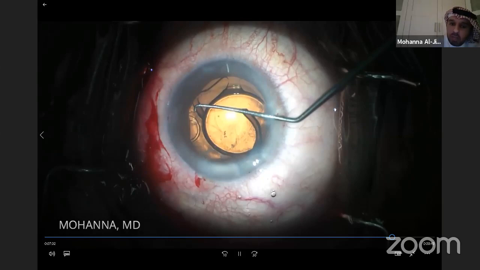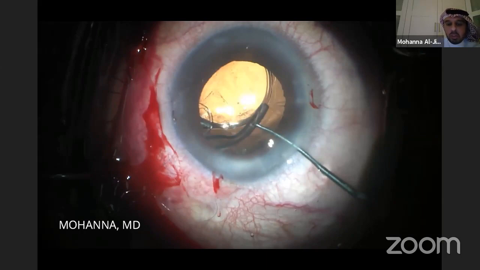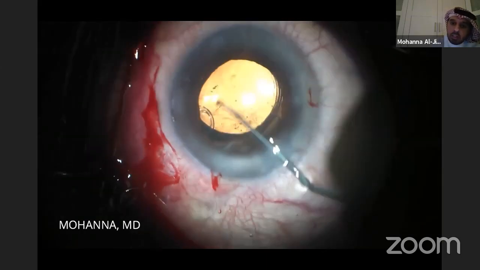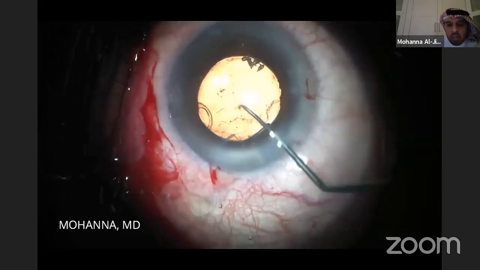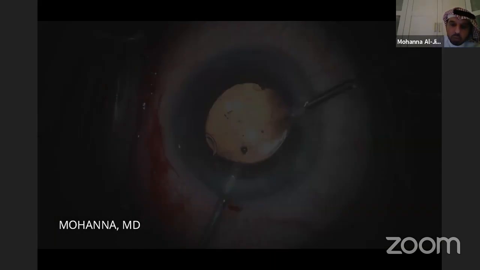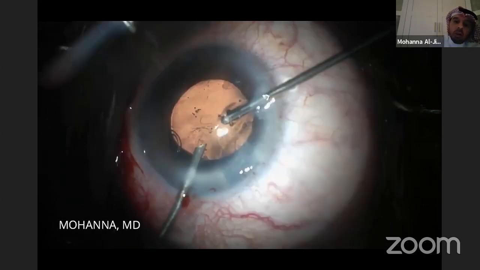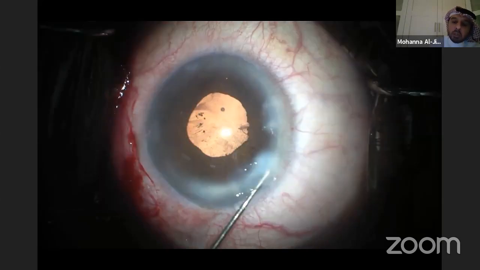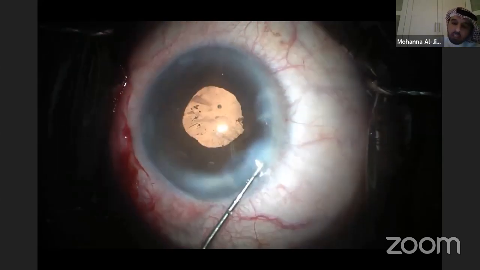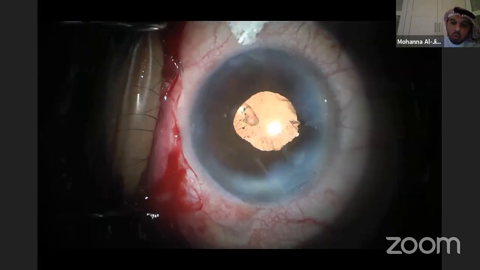So here I just implanted a single piece IOL, trying to use minimal manipulation, to put the IOL into the bag and centralize it on the Purkinje reflex. After securing the IOL inside the bag, I did more vitrectomy at the area of the previous vitreous prolapse. After that, I injected a constricting agent to constrict the pupil and assure that there is no vitreous in the area. Unfortunately, I did not have triamcinolone in the OR at that time. It would be more helpful to stain the vitreous, as Dr. Asiri mentioned. And after that, I assured that all openings were secured